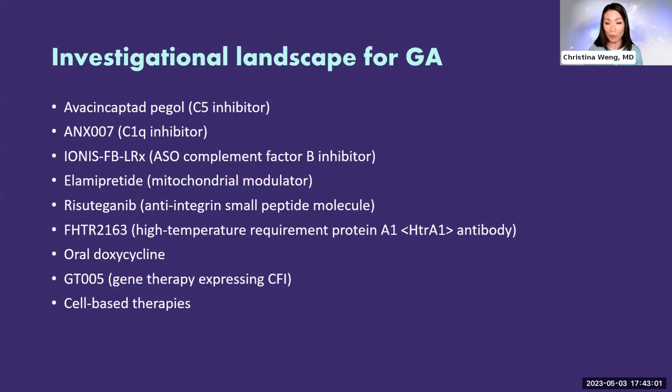We've got Heater A1 antibody, even oral doxycycline is in a phase 3. And of course, something really exciting is to remember that a lot of these therapies, unfortunately, only slow down the progression of the disease. And so we really are looking to other complementary therapies to help potentially restore vision for our patients. And that really lies in the area of cell-based therapies, which is also an area of great interest